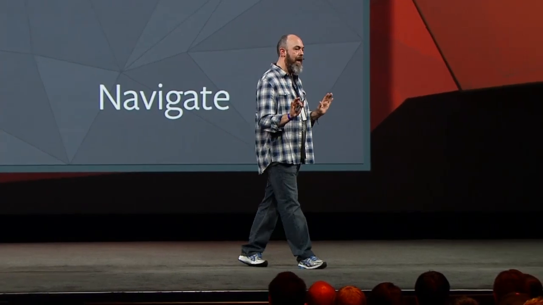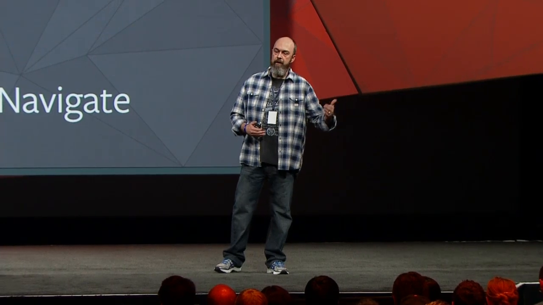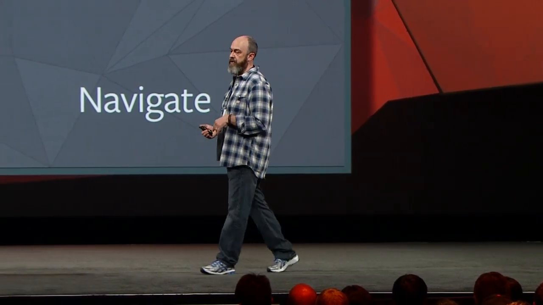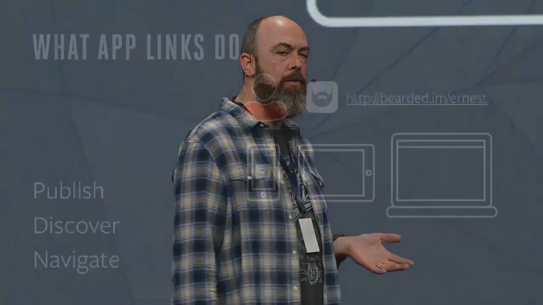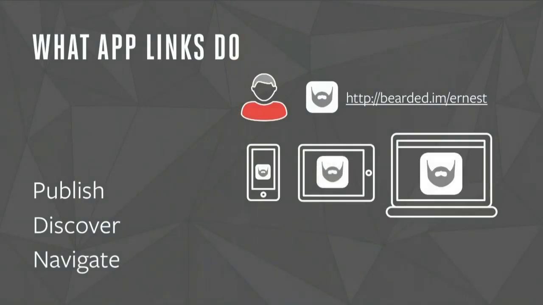And then the last bit is navigate, and for navigate there are two sides to the coin. There's the outlinking application, which is linking to some URL, and then there's the inlinking application, which is receiving the URL and displaying, ideally, the correct content. The whole idea of this is that when people encounter content that they're interested in, they experience it in a nice, rich, native way that's fit for the platform that they're using at the time.